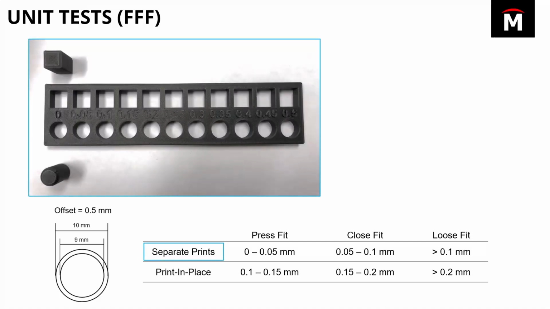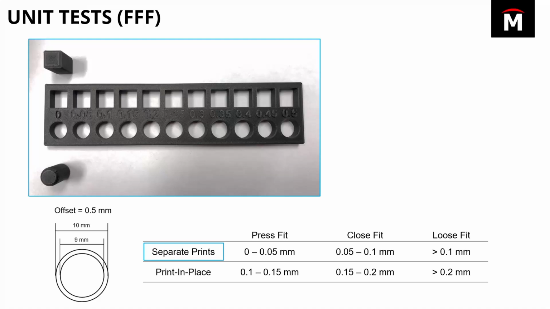You've got separate prints where you actually model and print objects and bodies separately that then fit together after the fact. So say like this pegboard jig that we modeled. We've got the square peg, we got the round peg, we got the corresponding slots on this pegboard. And the numbers there in the center of that board represent offsets. So you've got a 0mm offset all the way up to a 0.5mm offset, which, if you recall, that's a